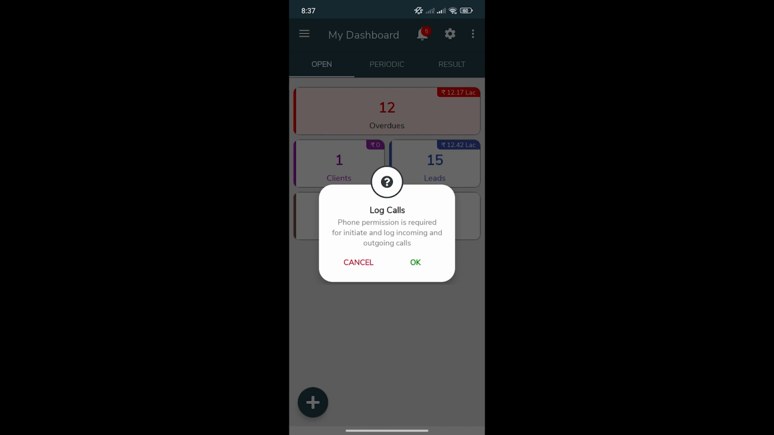Now, step 3 is to grant important permissions. To ensure smooth functioning, especially for automatic call logging, you need to allow a few permissions. Now, first is this log calls permission. This will allow the app to automatically log all incoming and outgoing calls with your clients, so every conversation gets tracked. Please note that iPhones don't support call logging due to Apple's system restrictions, so this feature works only on